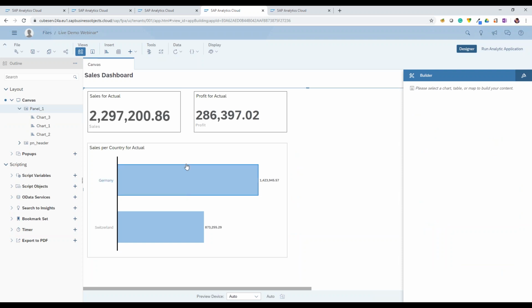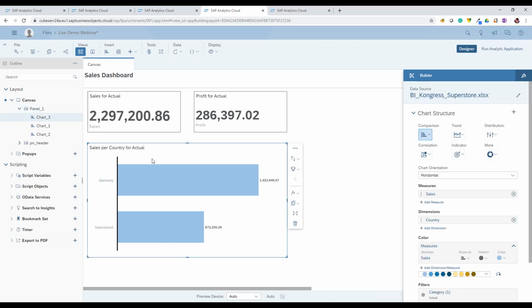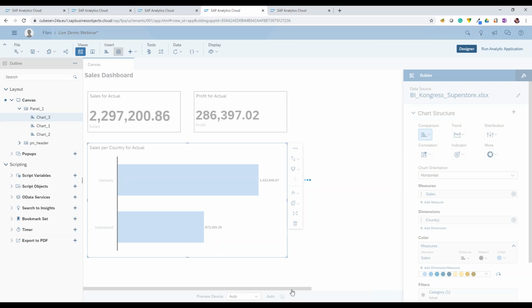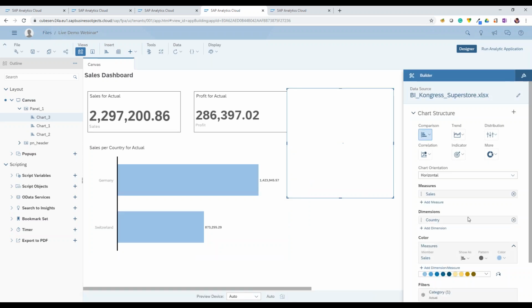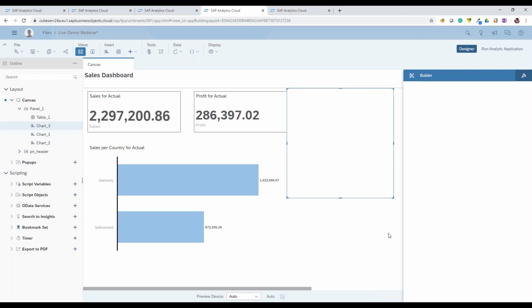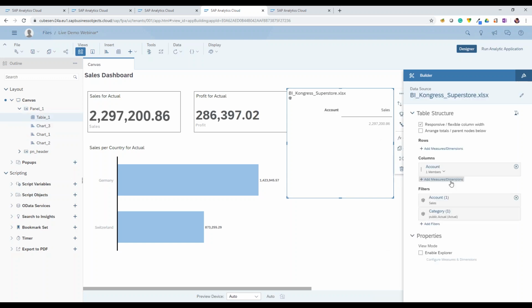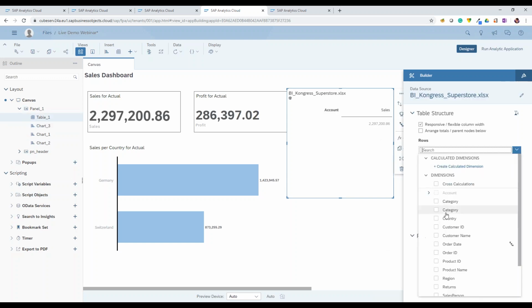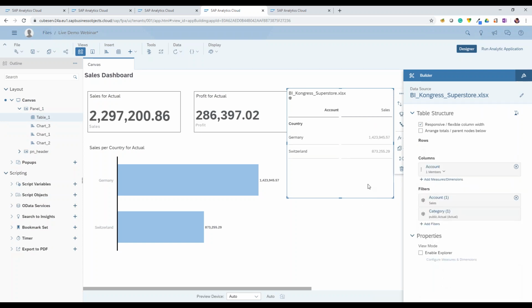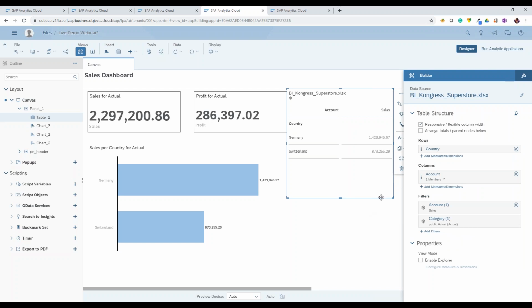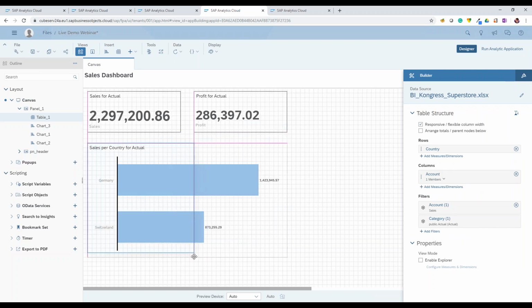Okay, then we have our information shown also in a chart, but we want to show exactly the same information for our colleagues who are more familiar with tables. Then I will insert a table as well to my application, but I don't want to show both of the information at the same time. So I want to show either a table or a chart. What I will do is that I will configure my table so that it shows exactly the same information, but drag it behind my chart